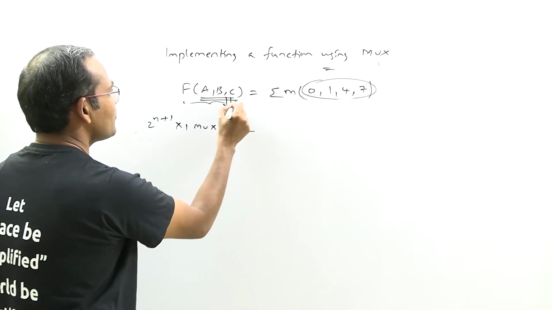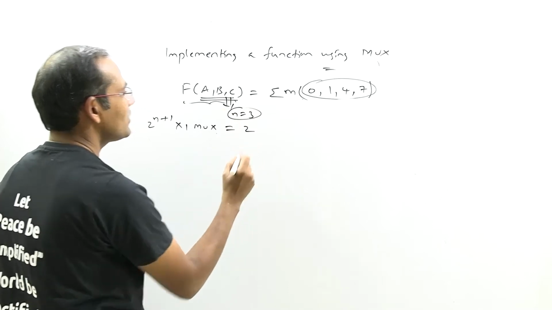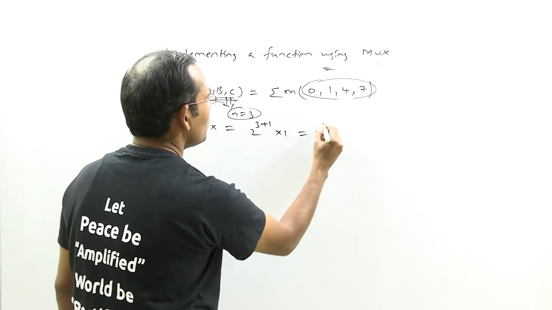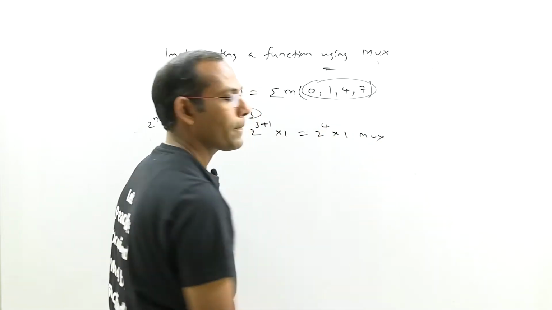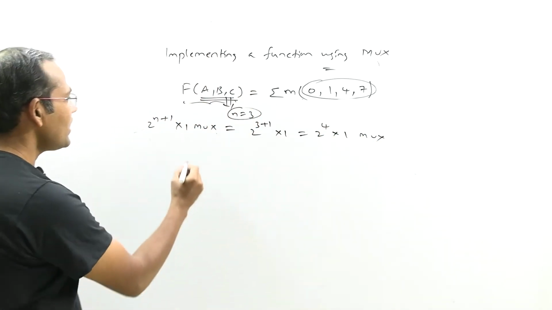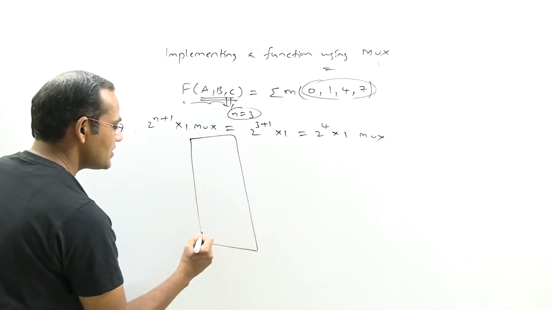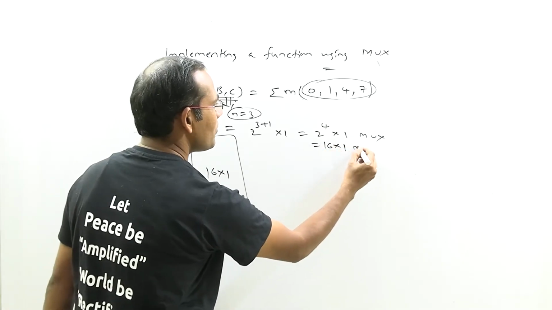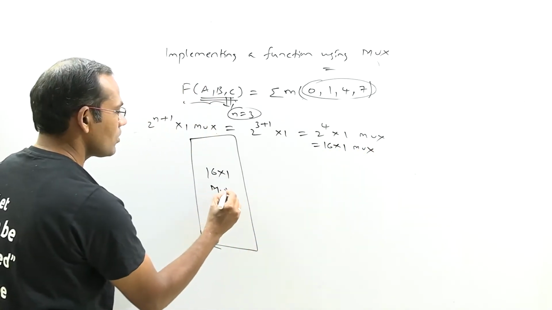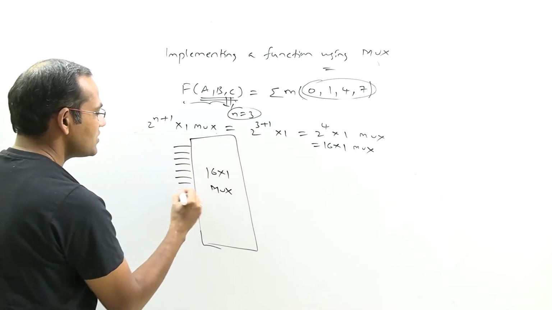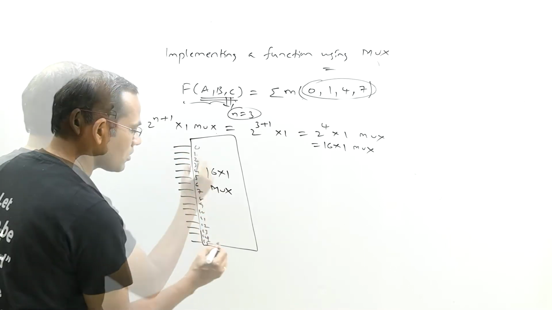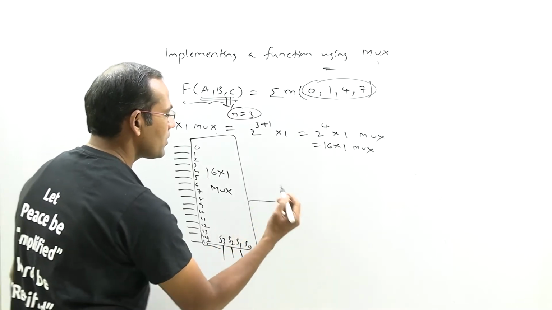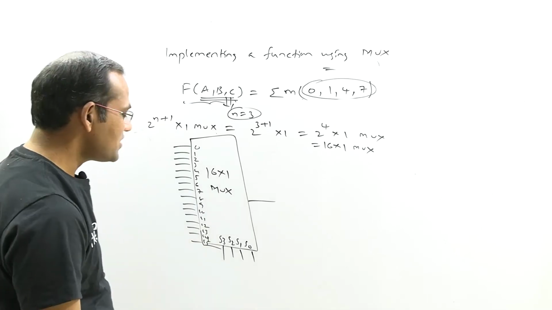Here in this case n equal to 3 variables are there. So 2 power n plus 1 means 2 power 4 by 1 mux. So take a 16 by 1 mux. 2 power 4 means 16 by 1 mux. So 16 inputs will be there, 4 selection variables, and the implementation procedure is